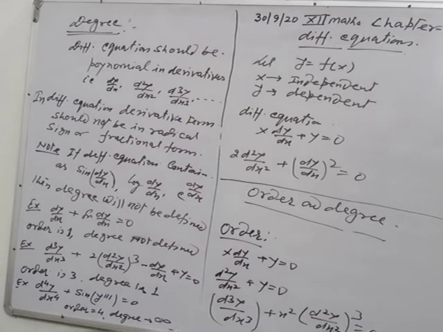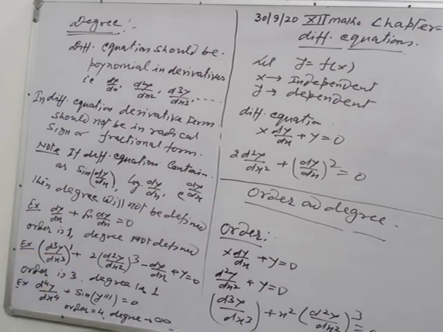So when you find the degree, see the power of the maximum order derivative term. The maximum order derivative term is here d3y by dx3, not d2y by dx2. Means the first term d3y by dx3 is the maximum order derivative term, and see its power. Its power is here 1. Here you can see the power of this maximum derivative term is 1. So the degree is 1 and order is 3. Why? Because the differential equation is differentiated 3 times.